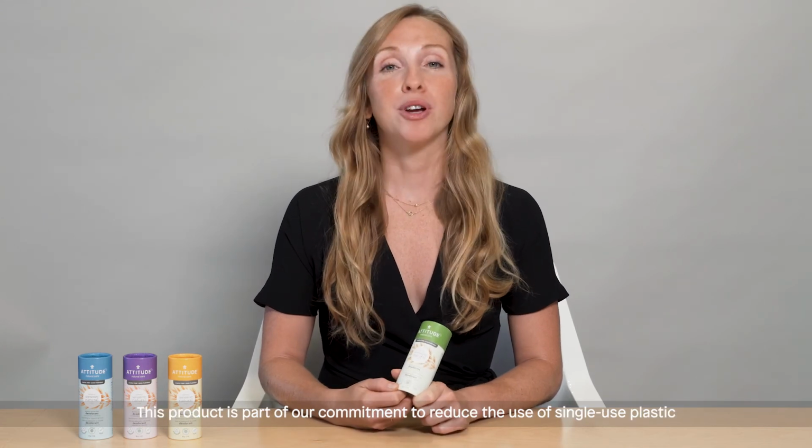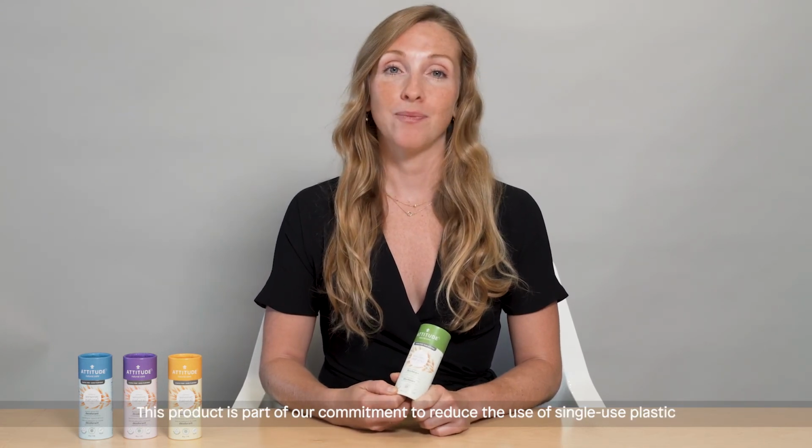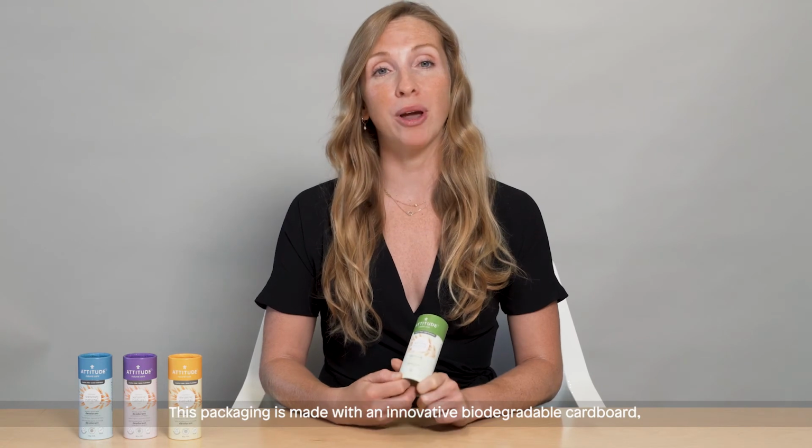This product is part of our commitment to reduce the use of plastic. The packaging is made with an innovative biodegradable cardboard. With every product you purchase, we plant a tree as part of our initiatives to help the environment for a more